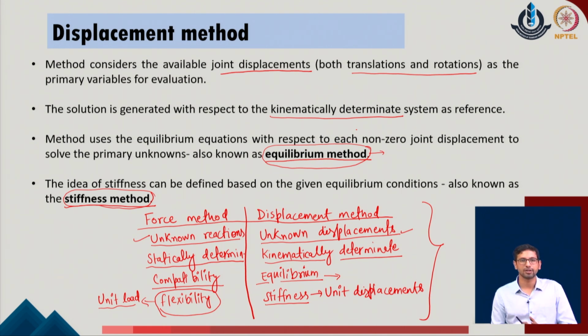The force method converts the initial system into a statically determinate system by releasing the unknown redundants, whereas the displacement method considers the initial system as a kinematically determinate system by restraining all the degrees of freedom of the given system. We use the compatibility conditions to find all the unknown redundants in the force method, whereas we utilize the equilibrium conditions in the direction of the released reactions or the released deformations of the system to calculate the unknown displacements.